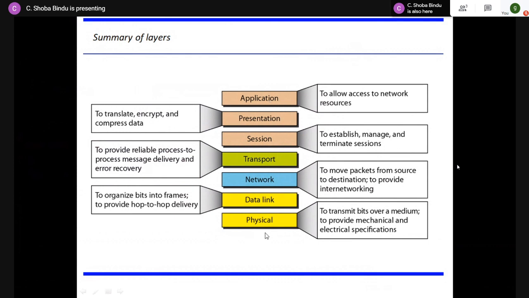The physical layer is responsible for transmitting the bits over the medium, providing mechanical and electrical specifications, and the data link layer is responsible for delivering the frame from one hop to the other hop. Between 2 adjacent nodes, the data will be delivered by making use of the data link layer. And the network layer is responsible for moving the packets from the source to the destination. It is at this network layer that you route the packet from the source to the destination,